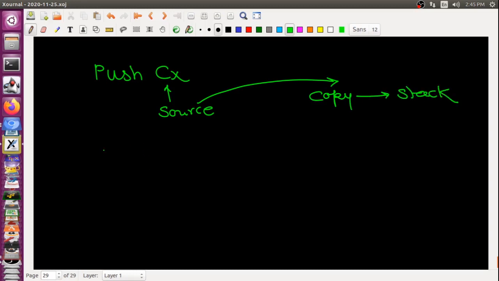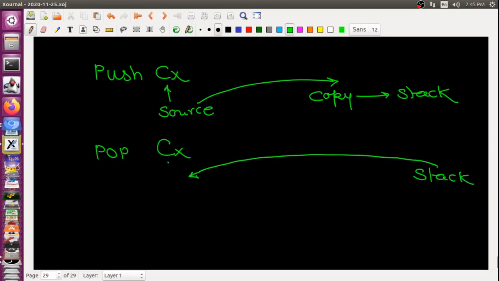The reverse of this is called POP CX. The reverse operation is that whatever content is available on the stack will be copied to this register. So this register will be treated as a destination.